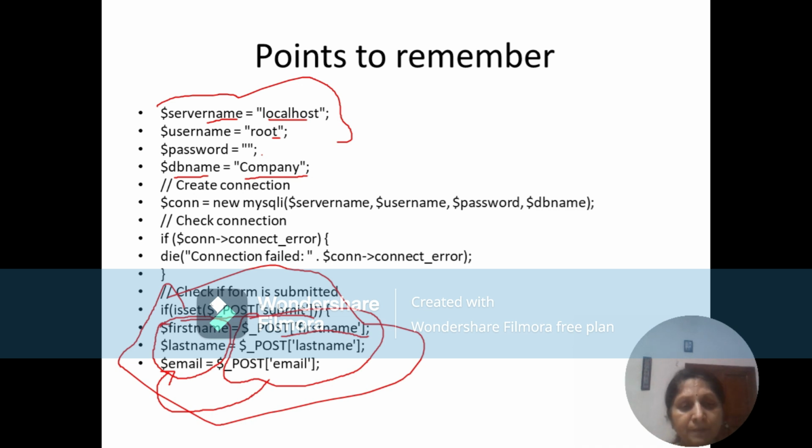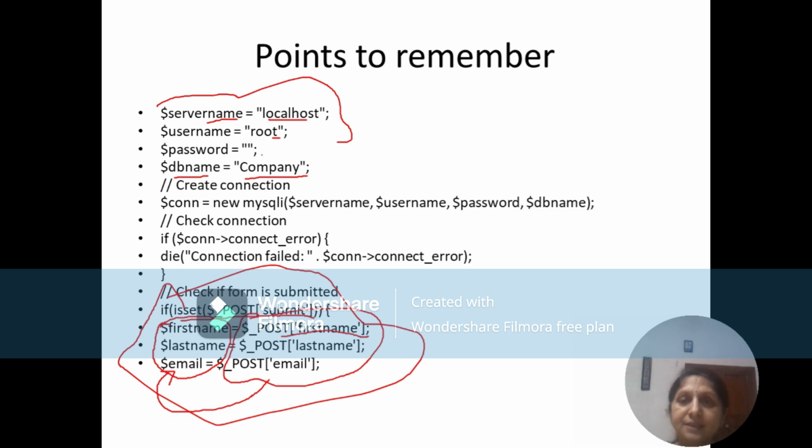Because we want to store this input into the MySQL table. It is not possible to store the input of the form directly into the MySQL table. So we are going to read the form data, store it into the PHP variable, then use this PHP variable and store this data into our MySQL table.